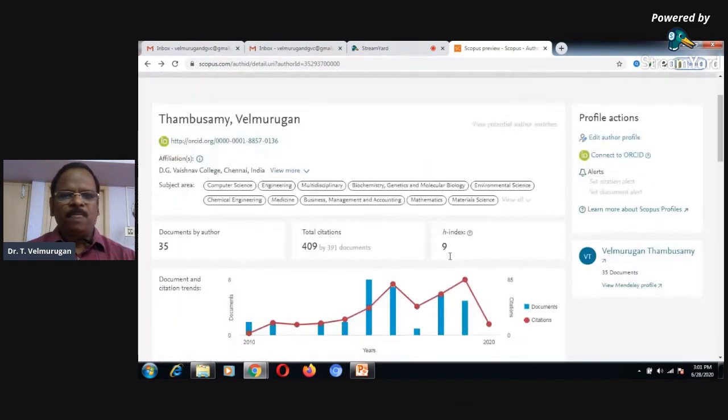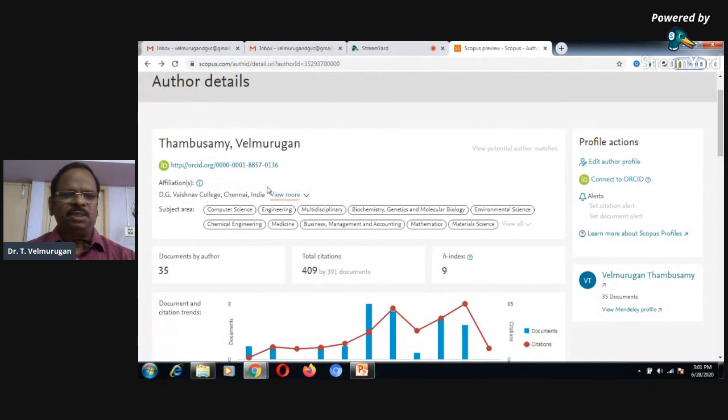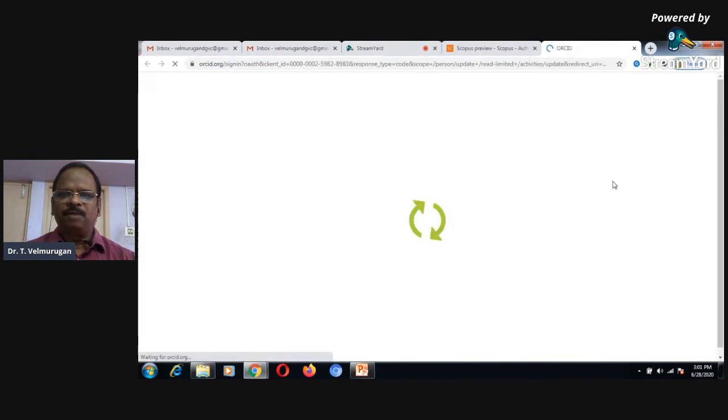Okay. Now another point is how to send all the Scopus data to ORCID. I just connect to ORCID or edit other profile. ORCID database, everything is connected to ORCID. Directly it will go to connect to ORCID. Okay.